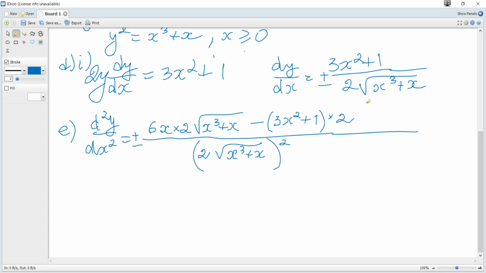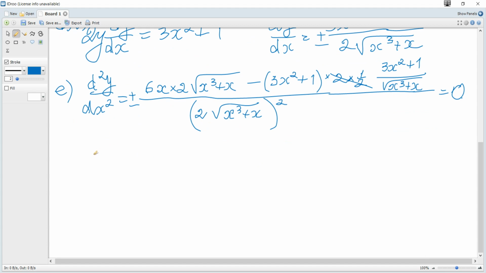It's 2, just a constant, times the square root derivative, so it's a function to the power of a half, and applying the chain rule it becomes half x cubed plus x to the power of negative a half, or divided by square root of x cubed plus x, multiplied by the derivative of x cubed plus x, which is 3x squared plus 1. 2 cancels here, and it should be equal to 0 to find the point of inflection, and we consider the numerator